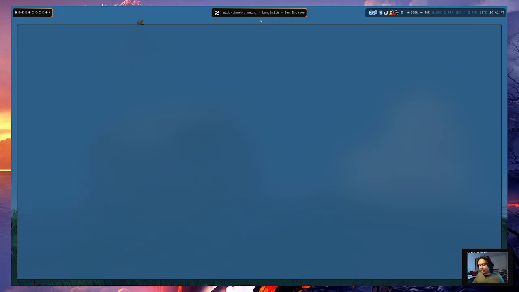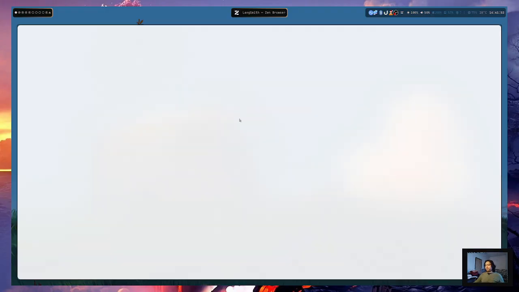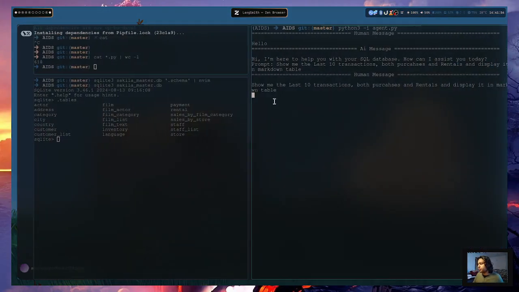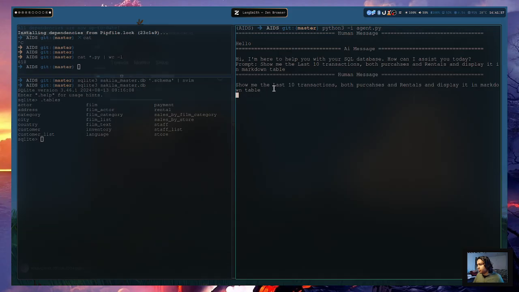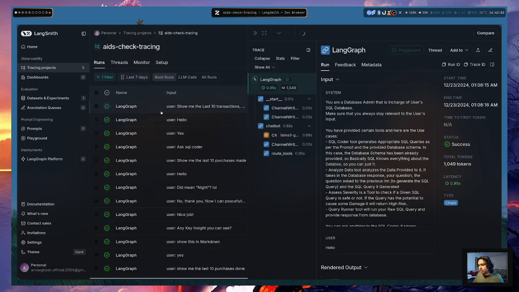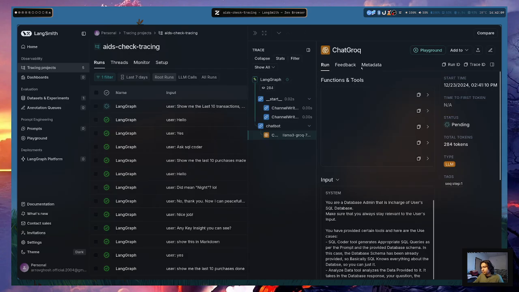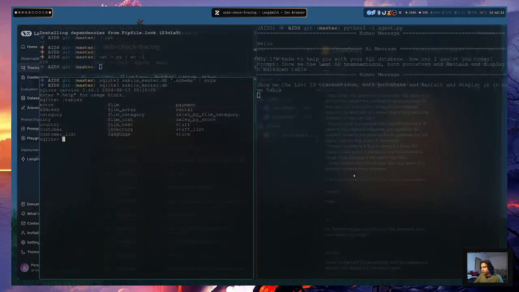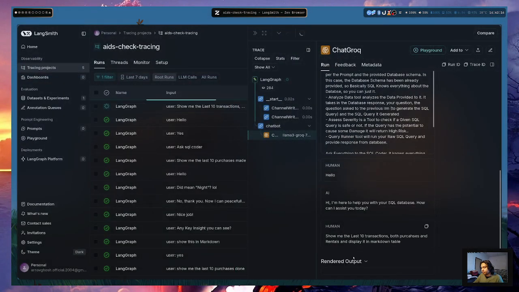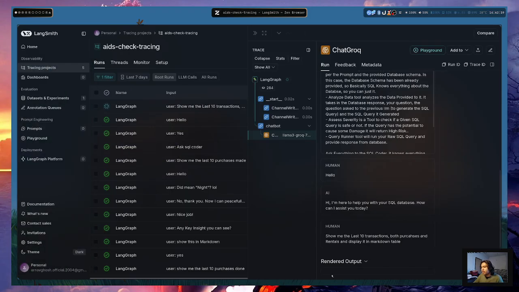LangChain or something, I don't know what is slowing it down. Let's see. So there we go, this request is still processing. If I go over here, as you can see the chatbot has received this request, but it has not yet sent an output, so maybe it's a problem with Grok. I'm not sure. It may take some time.